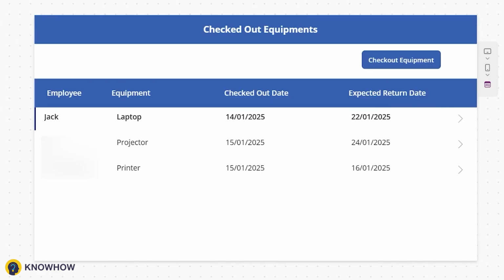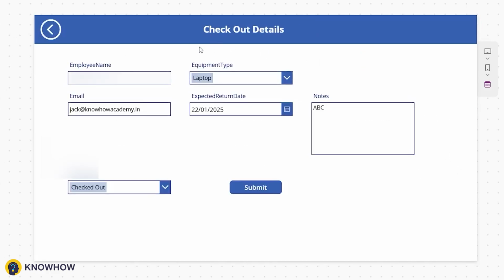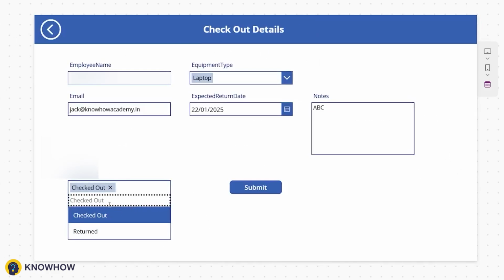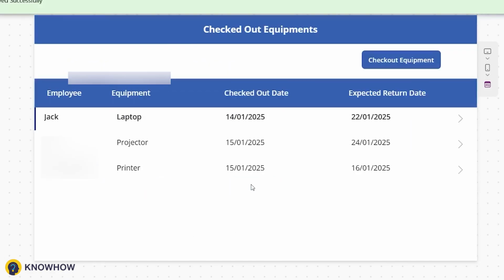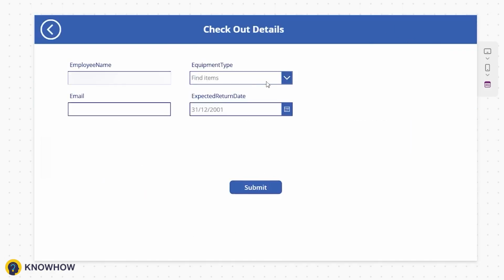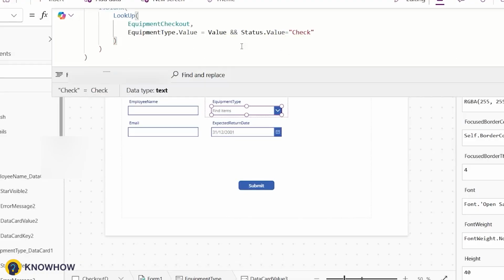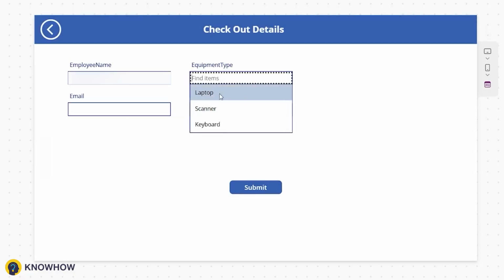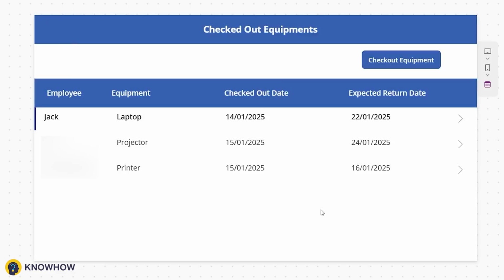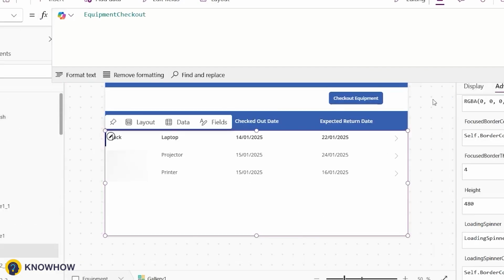Now we can make a little more advancement. So for that, here I will change the status to returned. Click on submit. When I click on checkout, I am unable to see the laptop again as it is returned. So for that, in our condition, status dot value is equal to checked out. So when I preview, here I am able to see the laptop, and in our gallery I will display only